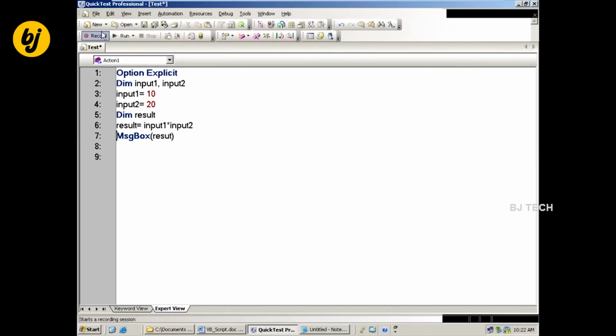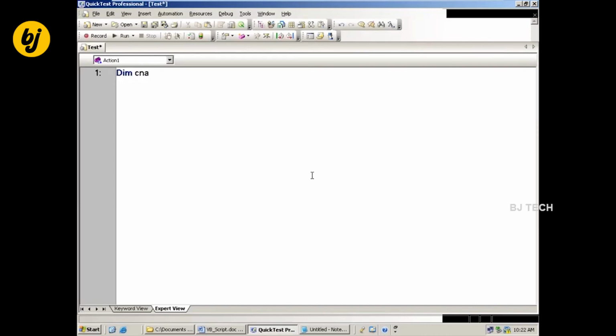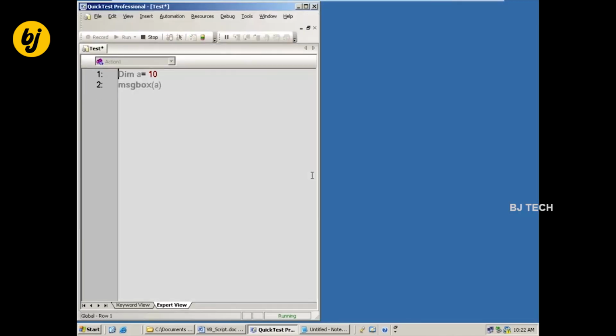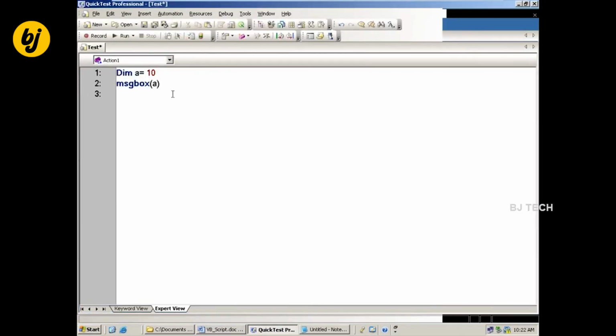Otherwise it won't accept it and gives a syntax error. So Dim A, then A equal to 10. The variable declaration we have to do in one line, and assign the value for the variable on the next line.